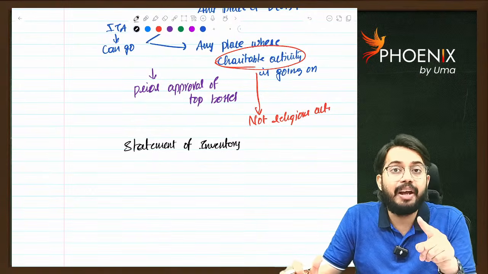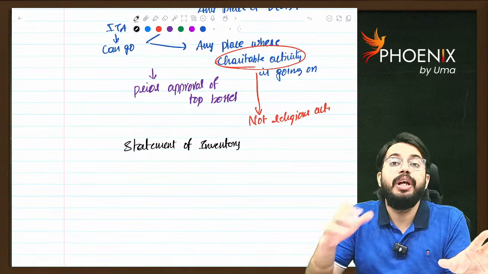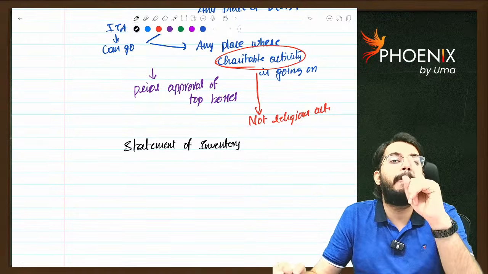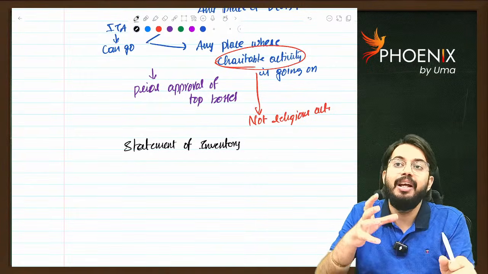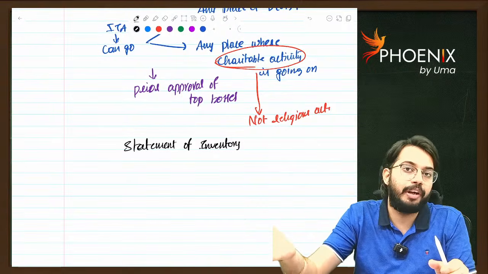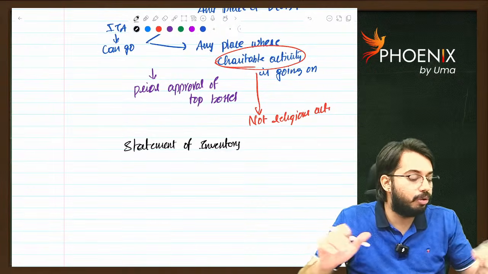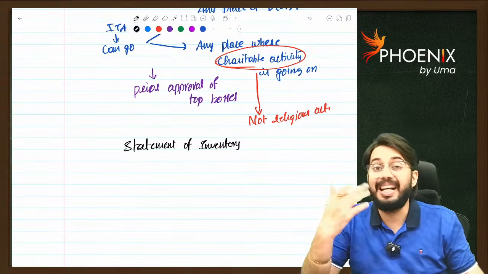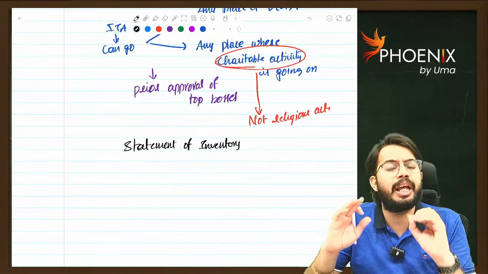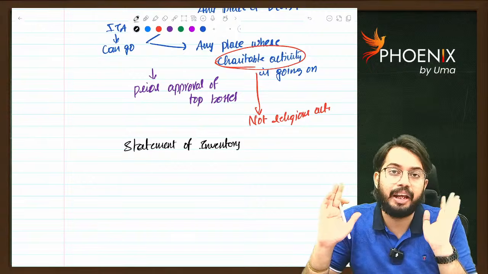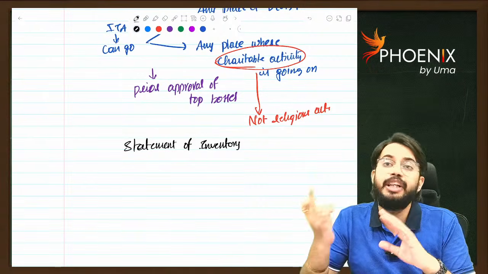See, under survey, they do not have any power to impound assets. They have only power to impound books of accounts. Impound means what? Seizing. Okay, taking away the books of accounts, but they do not have any power to take away the assets. Are you able to understand? Even books of accounts also they can impound maximum for 15 working days. After 15 working days, they should give back.